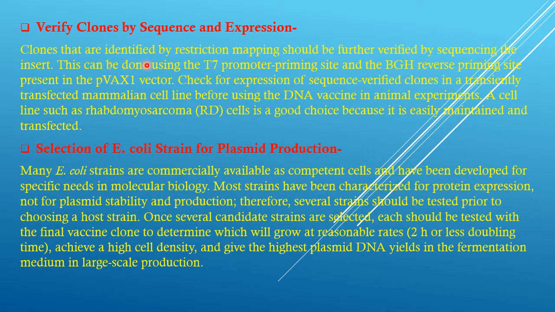Clones that are identified by restriction mapping should be further verified by sequencing the insert. This can be done by the T7 promoter priming site and BGH reverse priming site present in the PVAX1 vector. Check for expression of sequence verified clones in transiently transfected mammalian cell lines before using the DNA vaccine in